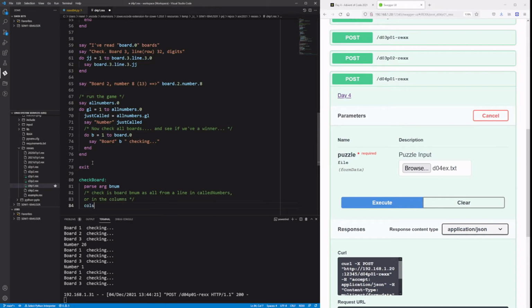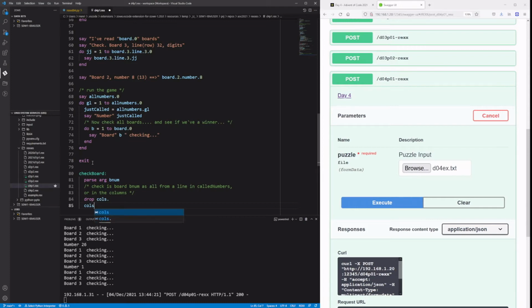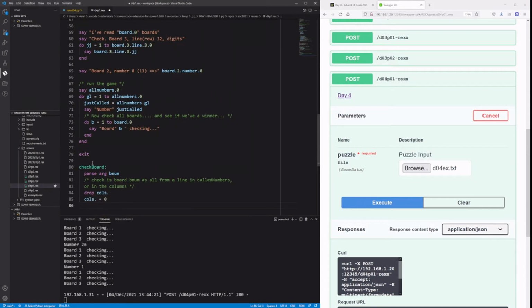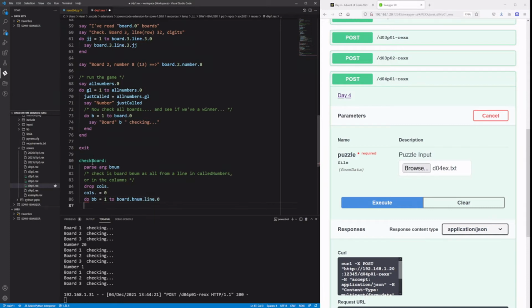So calls dot, maybe make sure it's empty, so drop calls, they're all 0, do bb equals 1, 2, board dot bnum, so which board, and then all lines, from board, which is only rows,